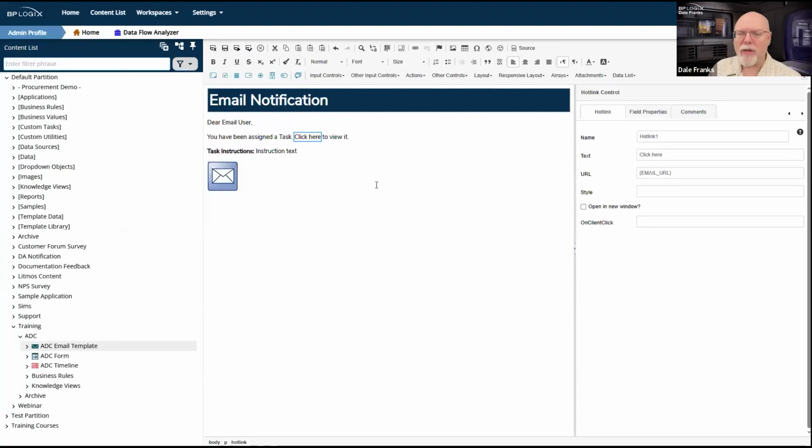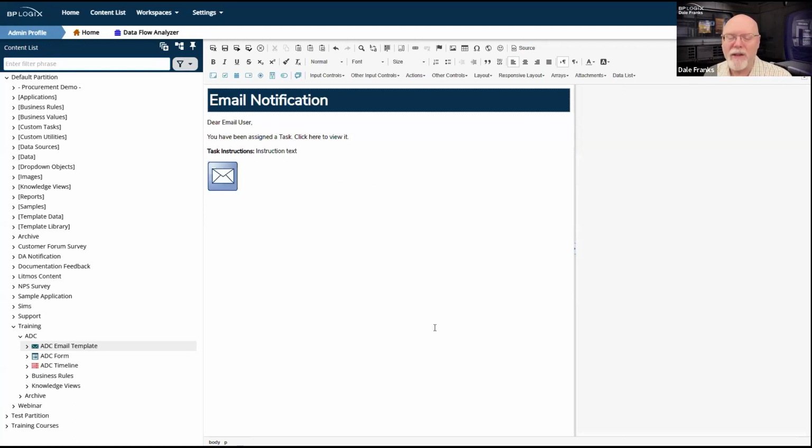So let's start with the very first activity. It's usually an activity that gets skipped, but it's the first activity in the process timeline, which is my resubmission notification. So we're going to start creating the different sections. Now, I can create them ahead of time, or I can create them as I go. I think I'll create them as I go so that I don't have a whole bunch of empty embedded sections waiting for me to edit. But we have to go and add our first embedded section.